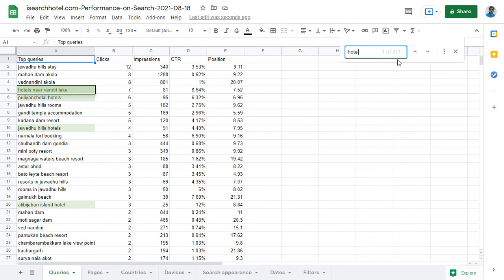You can also analyze your content. If I go to the resort keyword, you can see that resort is being used as a keyword 60 times in organic search, and my pages are being shown. So I think this is something you can do for your website, and you can analyze your keywords and your content.